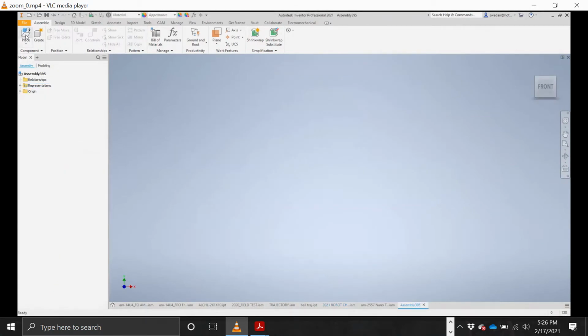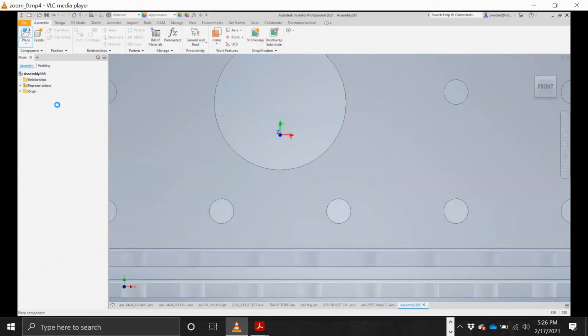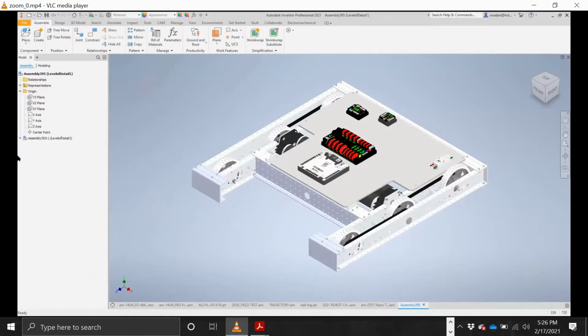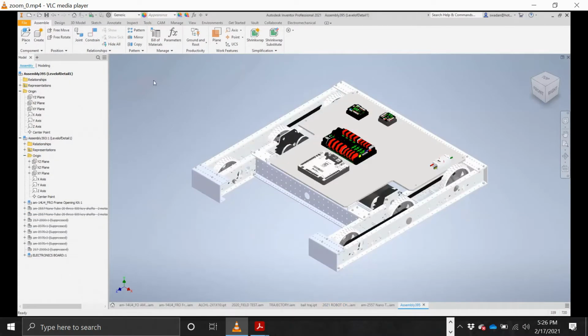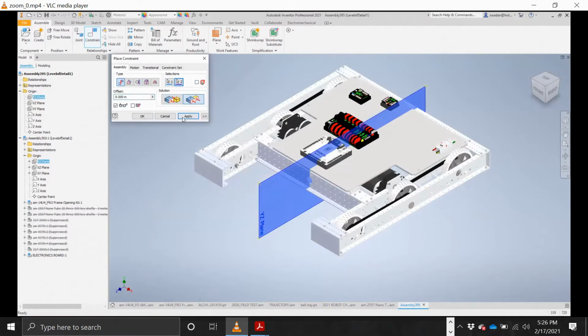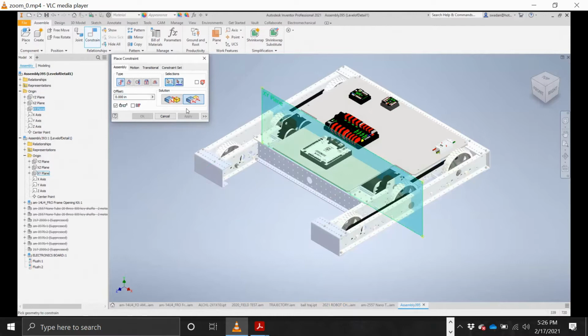So what I'm going to do is create a next level assembly. What this allows me to do is put in my chassis assembly, and I can put in other assemblies, such as my upper half of the robot and everything else, without affecting this, because you don't want everybody working on one assembly. That's going to take a very long time. So it's going to be better if I've got this next level assembly,